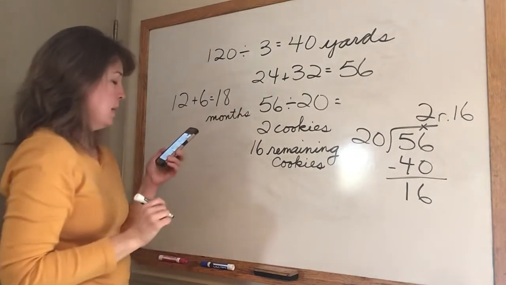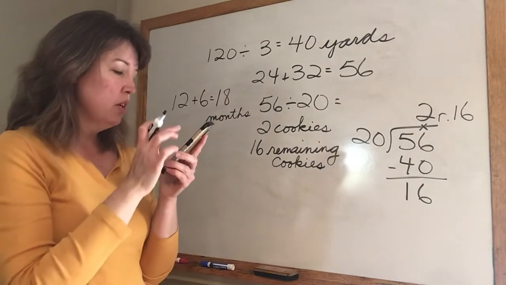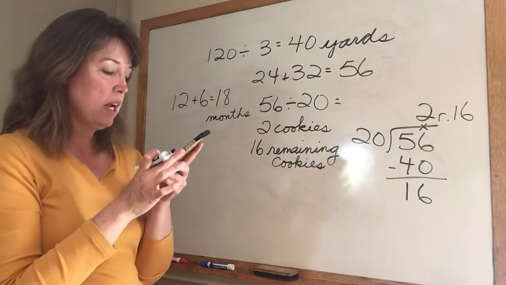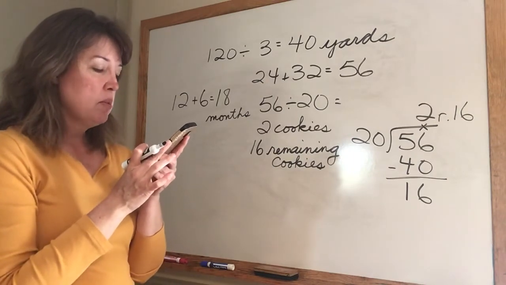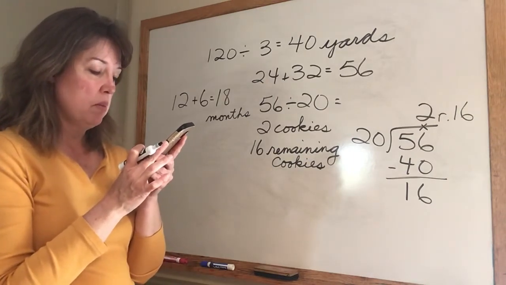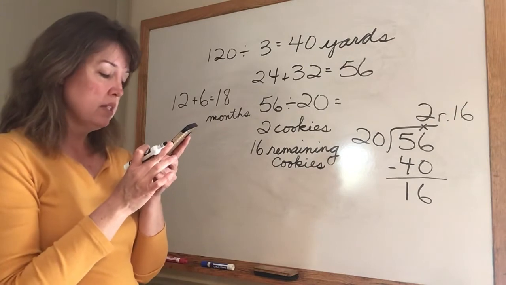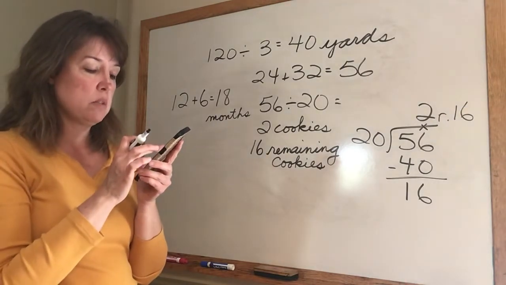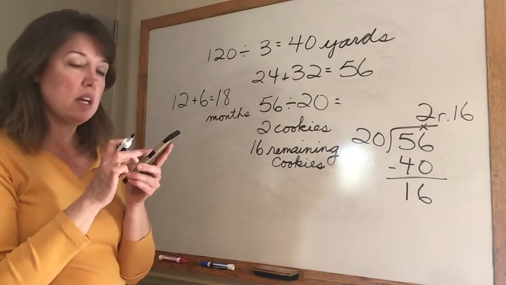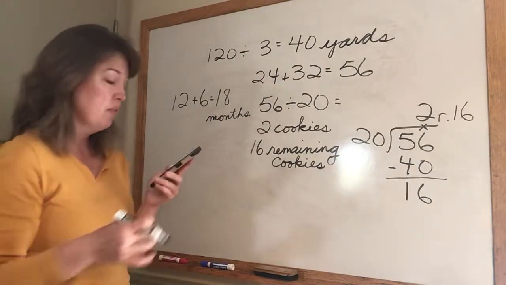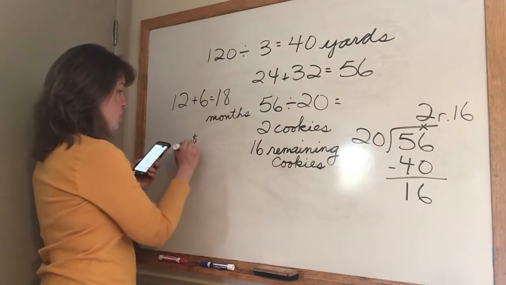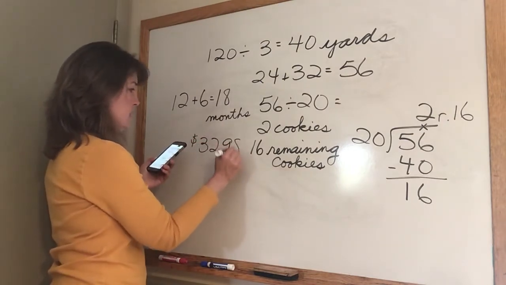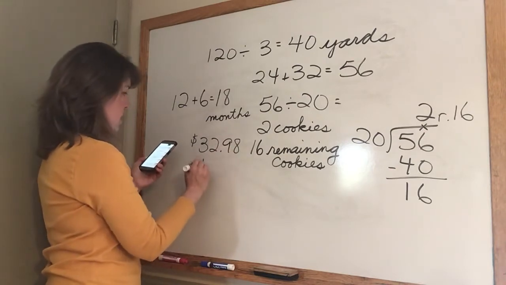Number 3. Sergio wants to buy a sleeping bag for $32.98 and a backpack for $16.39. He brought $50 with him. If tax is included in the prices, does Sergio have enough money to purchase both of them? And explain your answer. So first we need to add up the total of all the stuff he wants to buy. So $32.98 plus